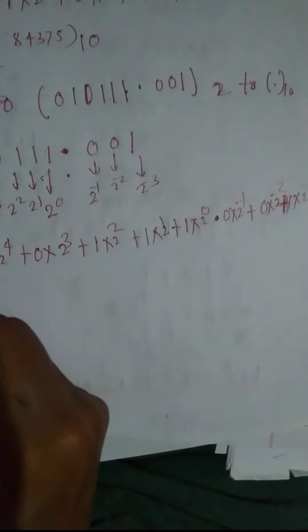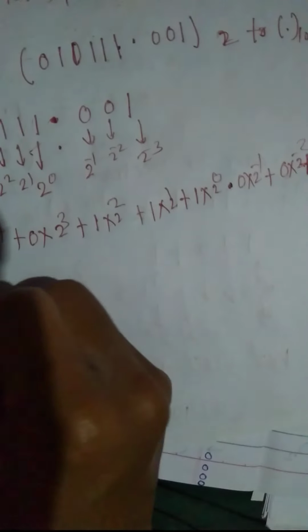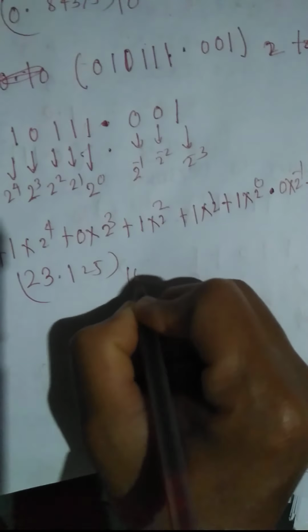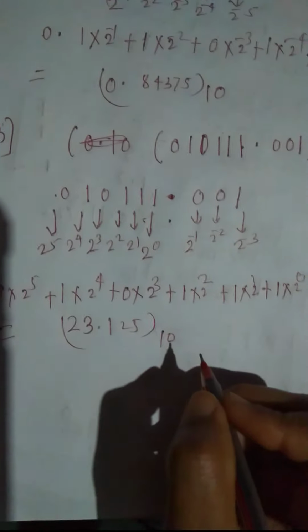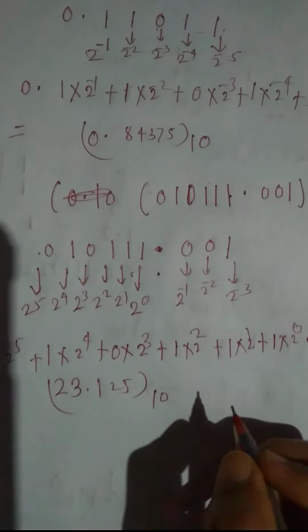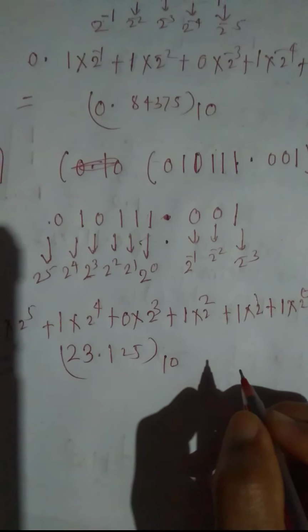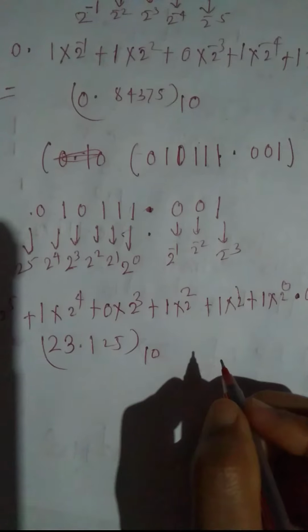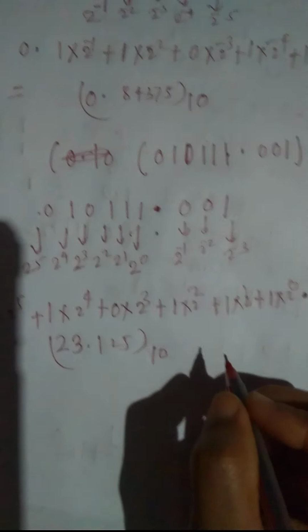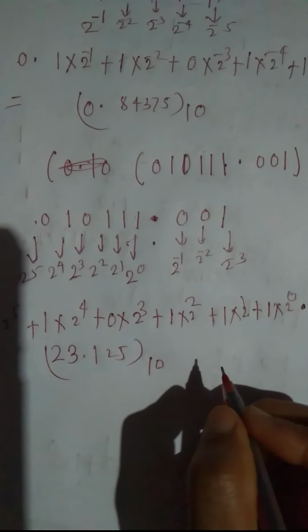So the answer you have to calculate is 23.125. This is the binary to decimal conversion, done by multiplying the bits by their binary weights. This conversion is known as a binary